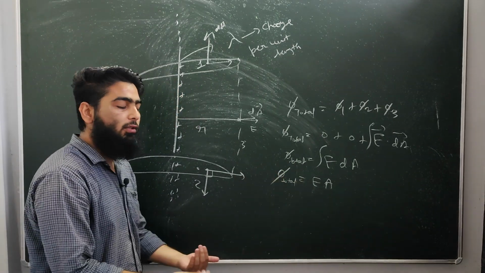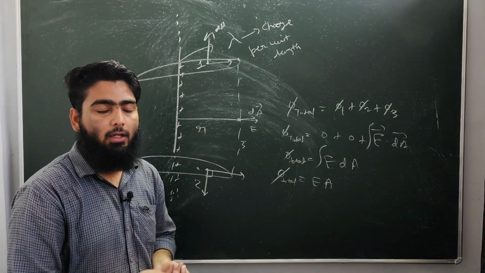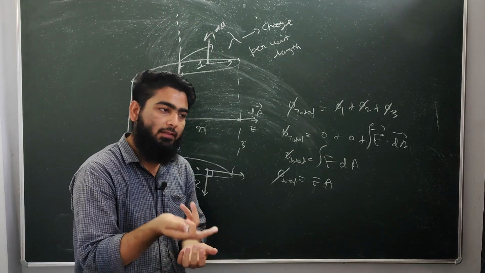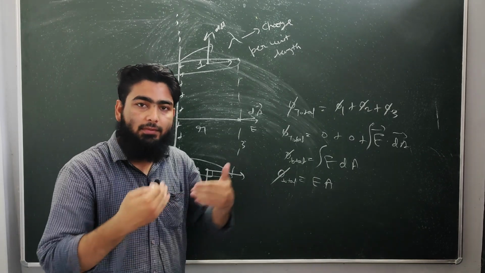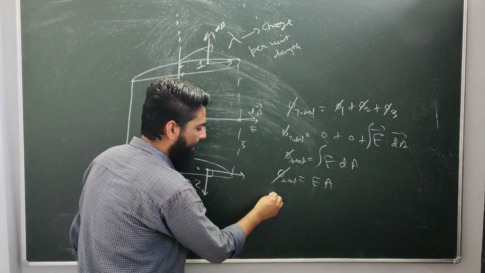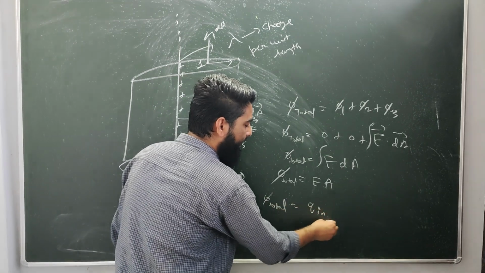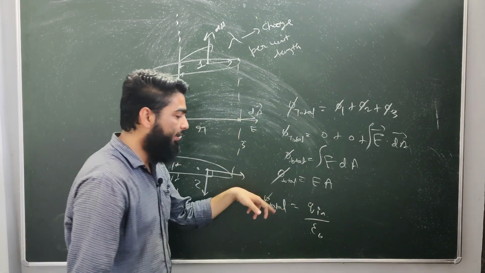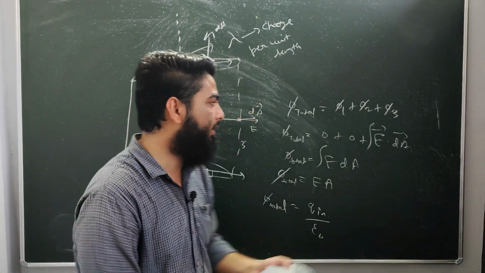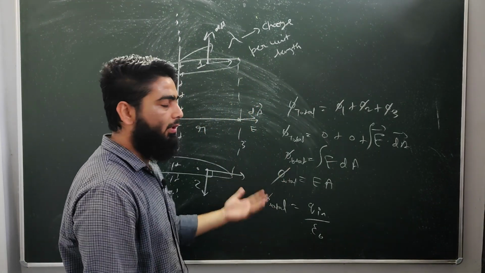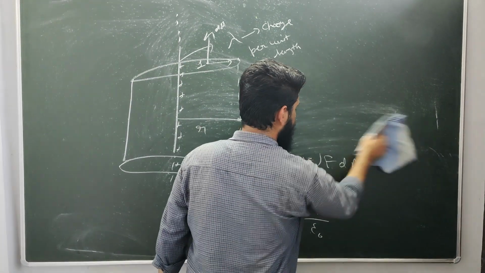Now, according to Gauss law, you have studied that if you have a closed surface, just like a cylinder or any kind of known surface like a sphere or cube, you can apply the formula Q inside by epsilon naught also. So I can write phi total equals Q enclosed, or Q inside, upon epsilon naught. So these two formulas are just two different formulas but giving the same result. Now I can rub this. If you want to note it down, you can note it down by pausing the video.